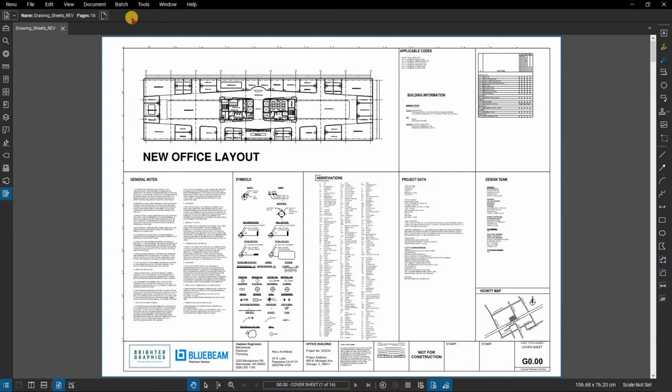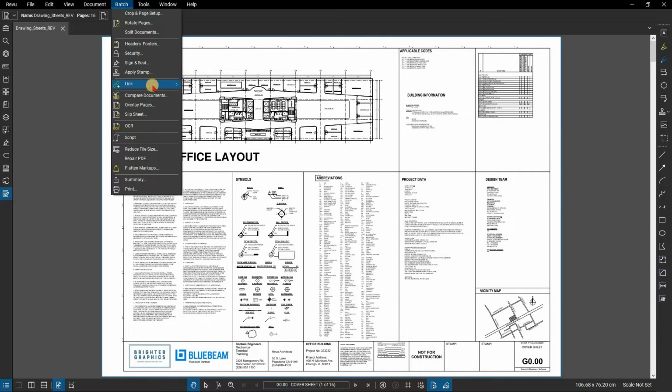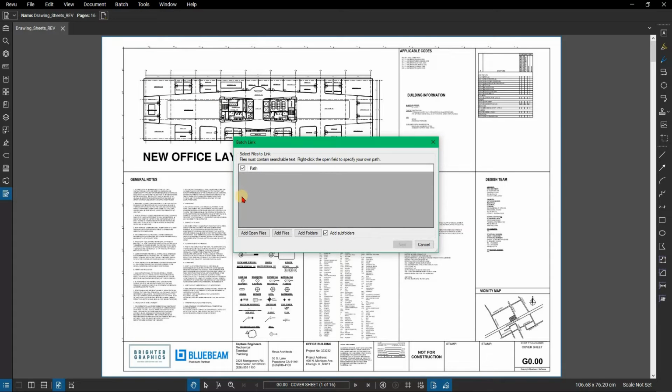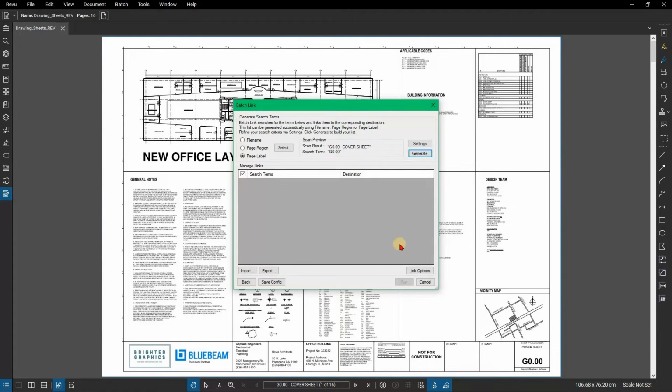This multi-page drawing is a perfect example of a document that can benefit from batch link. Batch link can work with a multi-page drawing or group of documents. To use batch link, in the menu bar, go to Batch. Select Link. Then choose New. The first step is to add the file or files you want to run batch link on. You can add all the open files, but you can also add files from your hard drive or entire folders and subfolders. Click Next, and you'll get the batch link dialog box, where you can set up search terms and